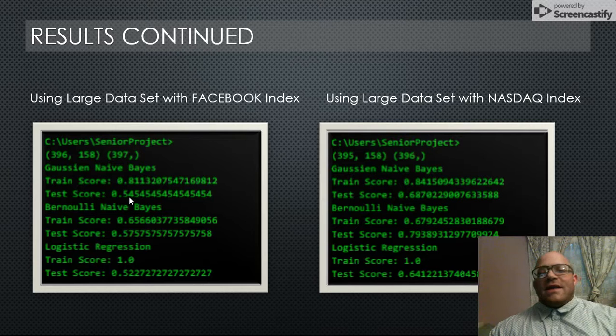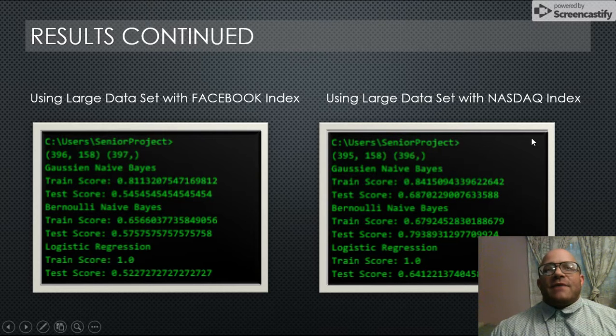predict upon an index which was way too specific, which was the Facebook index, which is definitely more tech related. I had world news selected in order to do my actual predictions. Therefore, we needed a larger index, which then became the NASDAQ index. And we then all of a sudden saw a definite rise, which came up to about 68%, then 79%, which made me feel much more confident with the actual data of choice. And then I knew that I just needed to manipulate the actual pre-processing techniques in order to actually achieve something better.